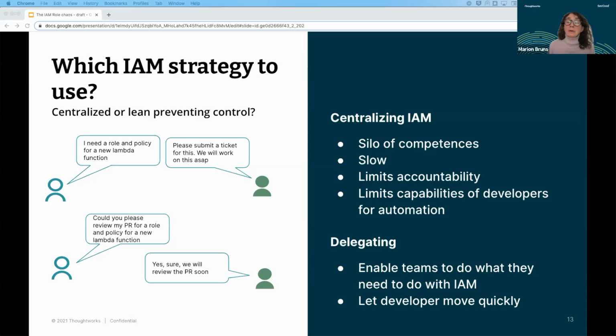In AWS, for instance, you are even forced to apply special roles and policies to specific resources. You cannot even do anything without doing that. So it's a kind of circle. That's why delegating should definitely be considered when it comes to identity and access management, because it enables the team to do what they need to do with IAM and lets the developer teams move on quickly.